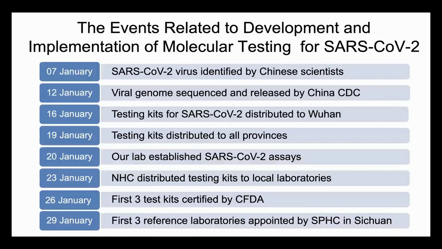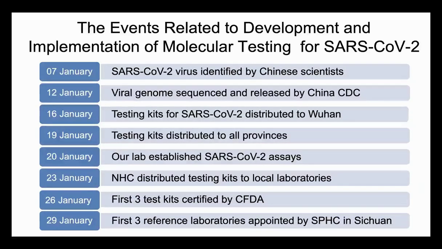In the first period of the outbreak, all tests were completed by China CDC and public health labs. Over time, the testing volume rapidly increased, and the National Health Commission decided to allow all local qualified labs to perform the testing, including hospital clinical labs and independent labs. At the same time, the Chinese FDA provided emergency use authorization to IVD manufacturers. On January 26, the first 3 RT-PCR kits were certified by